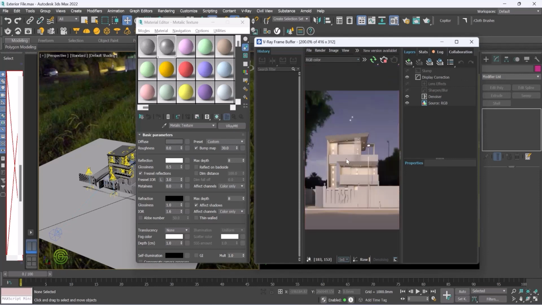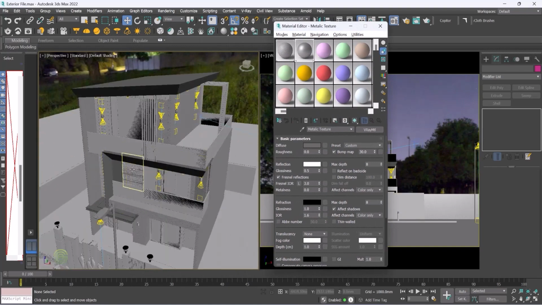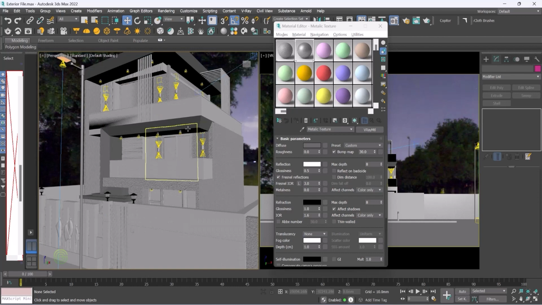So after this, next thing we will apply the wooden texture. So just close this. Now let's apply a wooden texture. So again, just select a new material slot and then to add a new wooden texture, just rename it as wooden texture